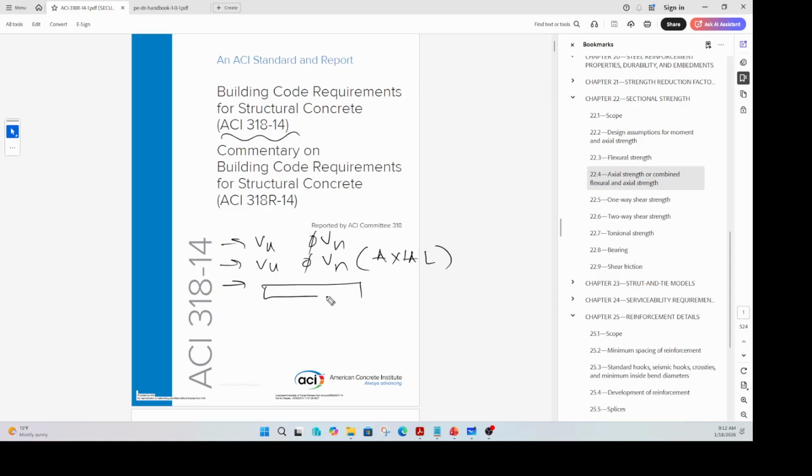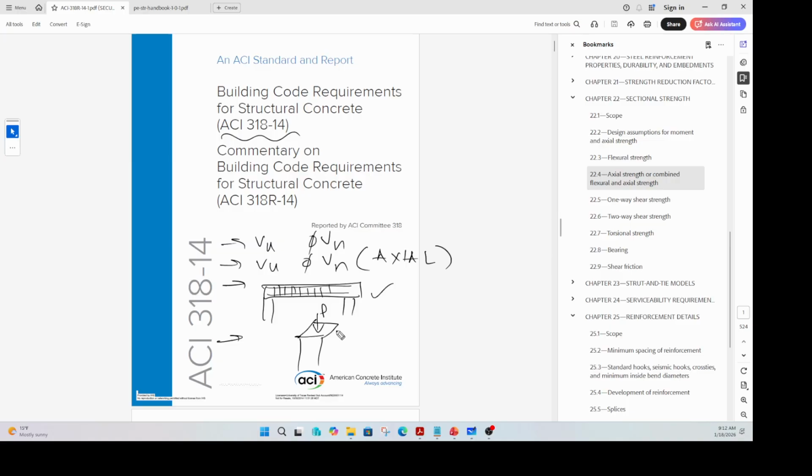Let's say you have a beam. A beam is subject to certain forces. Then how you can find out, let's say this is a compression reinforcement, tension reinforcement, and these are the stirrups. How do you decide the spacing of those stirrups? We'll do a problem on that, and then we'll do a problem wherein there's a column